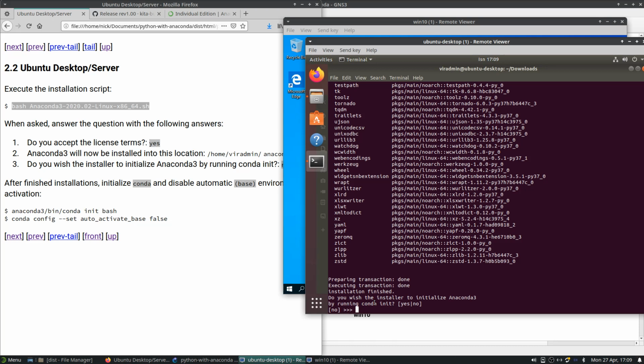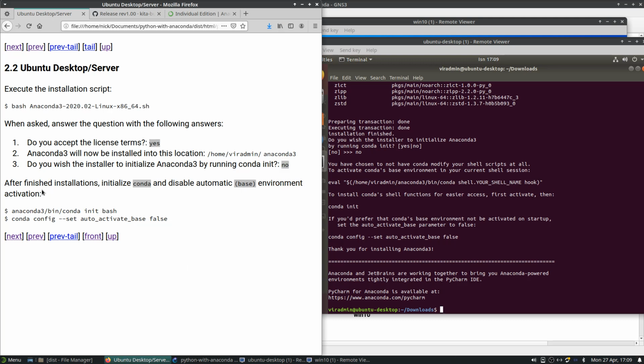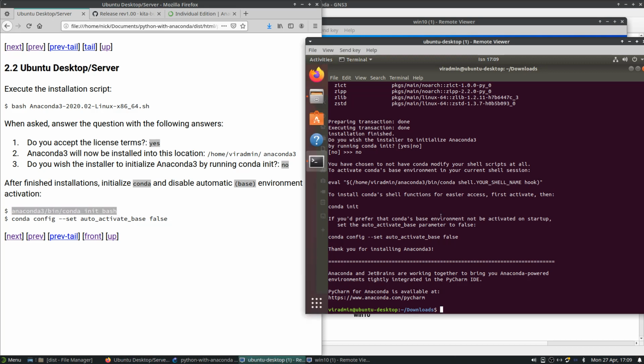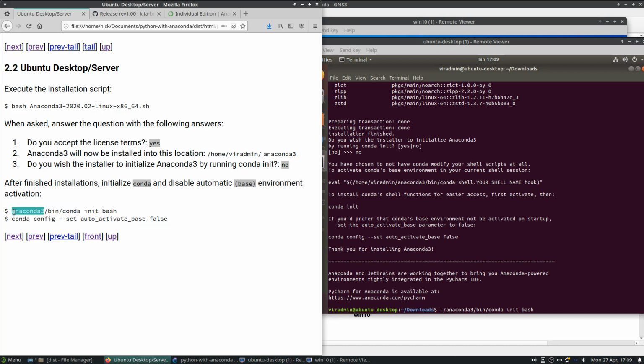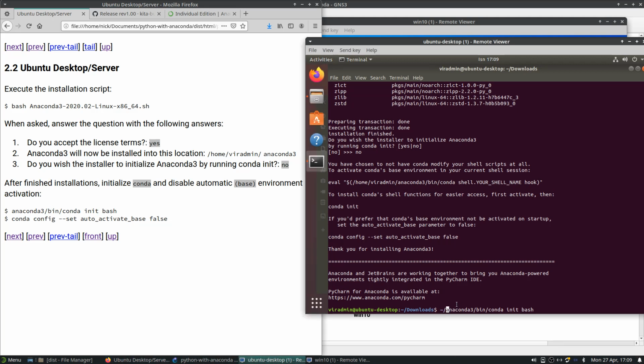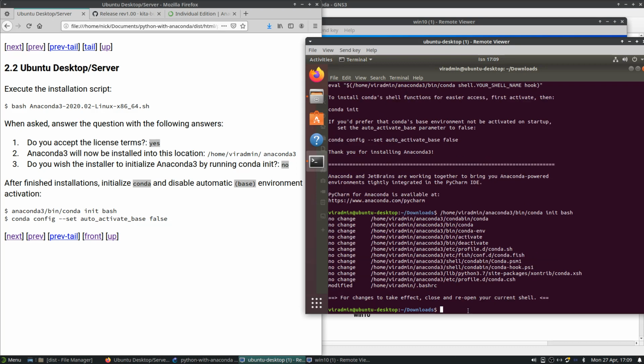Do not run conda init, just answer no. And then manually execute this. I think there's some error in this document. It should be, not sure what it's called, it's a home, but I will use the absolute path. Alright, so then